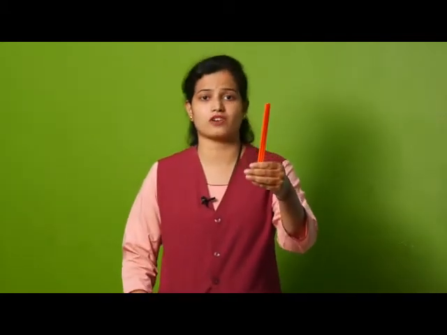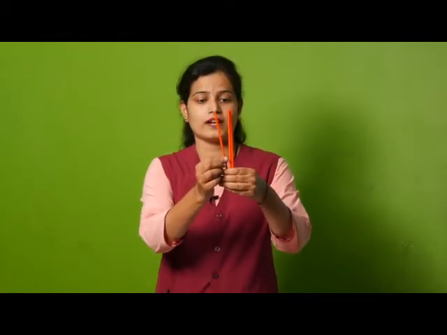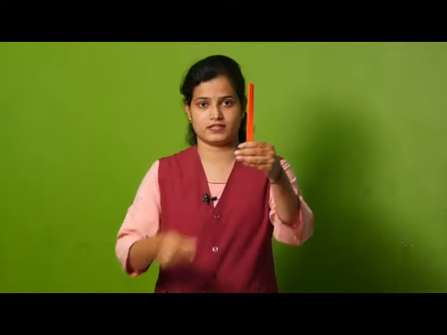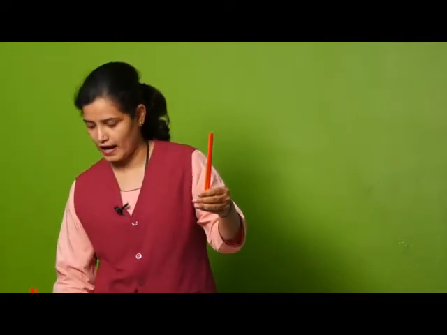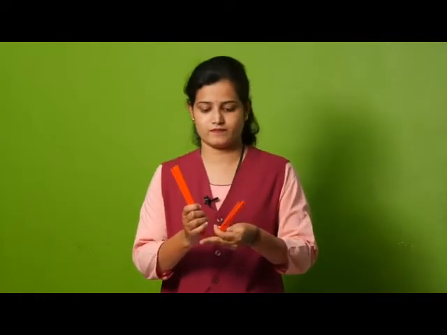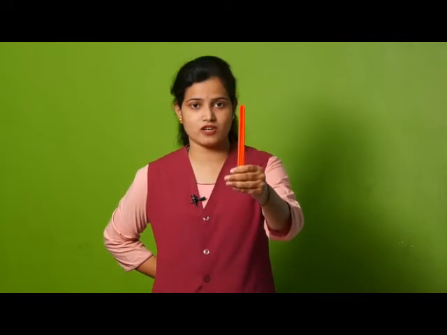Now I will show you something. You have to tell me the quantity of that, the number of that thing. Now how many straws can you see in my hand, students? 1, 2 and 3. 3 straws, okay. Now in another hand I will take this much. So these are 3 straws and these are 5, okay.